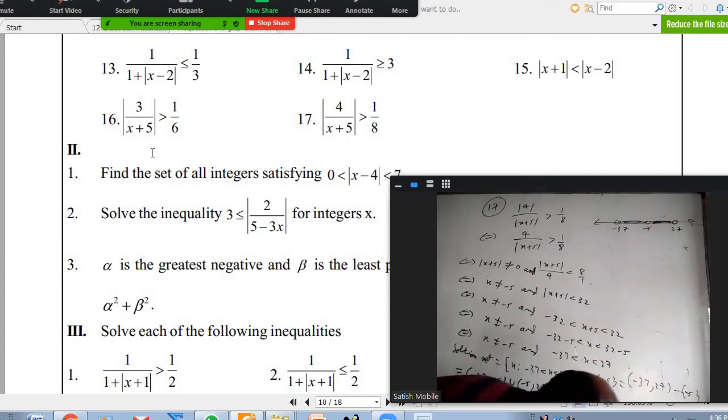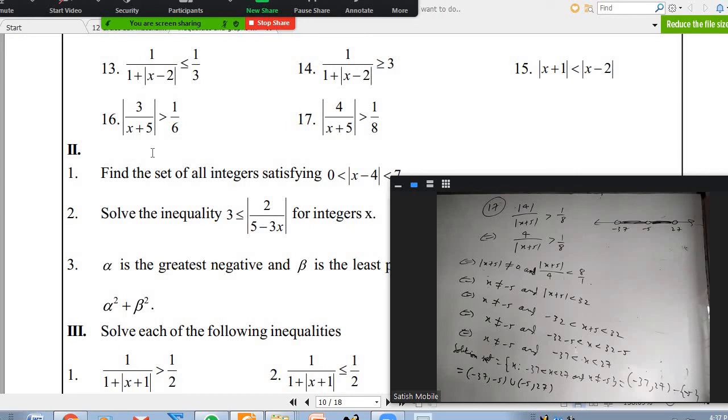Sir, in the first step, inside the modulus it was positive, so you ignored the modulus, sir. No. Which first step? Sir, mod 4 by mod. How did mod 4 become 4? Yes. The definition of mod: as long as it's positive, we'll write the same number. Mod x is equal to x. That's how I neglected mod. Yes, you're right.